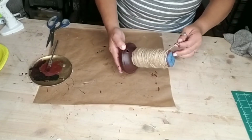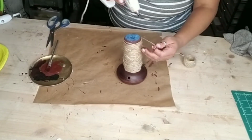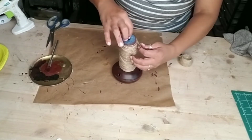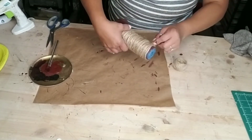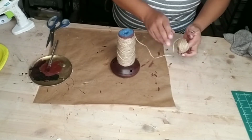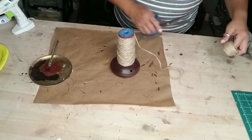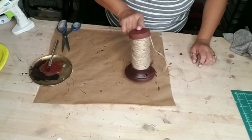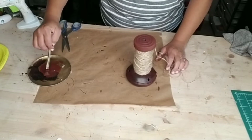So basically I wrapped it around, I want to say about 2 times, but I kind of just didn't do it even the second time, so it looks like it's wrapped around quite a few times. Then I just added some hot glue to the top to make sure that it stays nice and secure, because I didn't want to knot it at the top part. Then I just cut an extra piece off, made sure that I liked the way it looked,